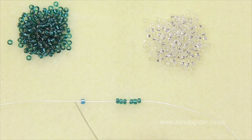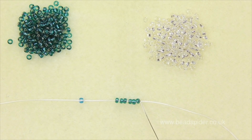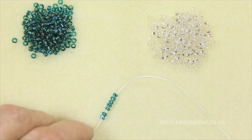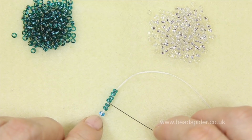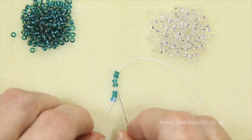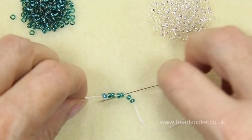I've got my thread with a stopper bead and my tail, and I've picked up 6 beads in my main colour. I bring them down to the stopper bead, and then what I'm going to do, and again I'll work on the mat, is I'm going to miss these first 2 beads here, and I'm going to come around and go through the 2 next beads. When I pull up my thread,